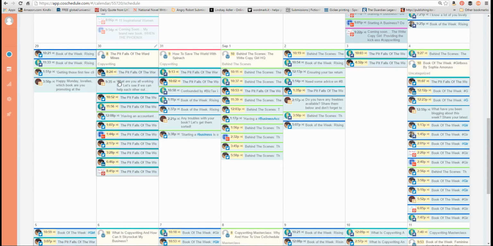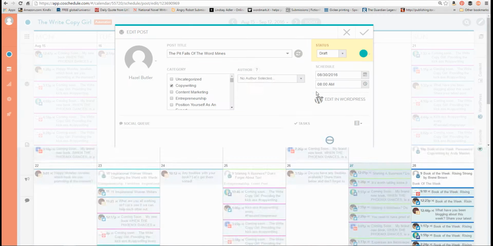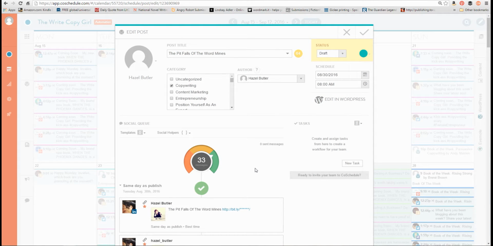So these are all social media messages that are going out. All these little thin boxes are each individually one social media message going out to whatever platform it's going out to. And you can see that they all have colour codes on them as well. So if I click on one of them, let's click that one, you will see that it's the same colour